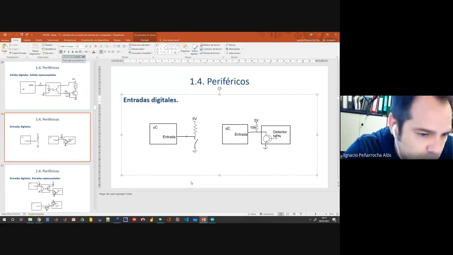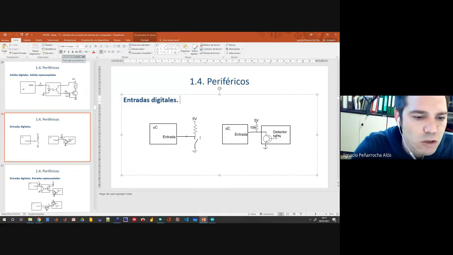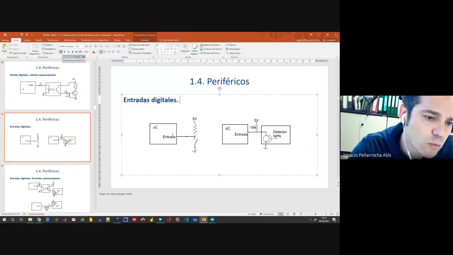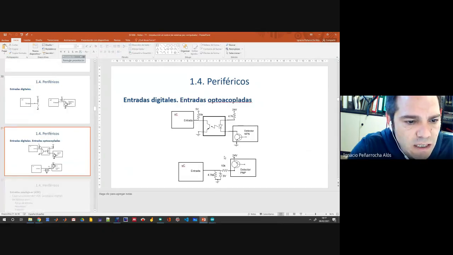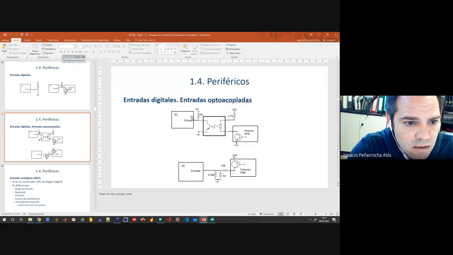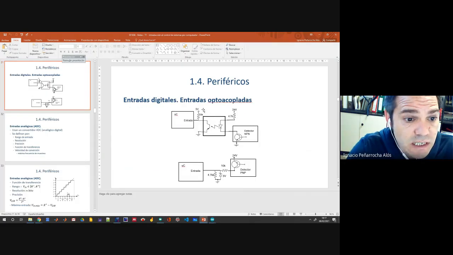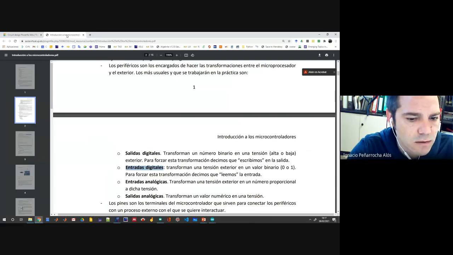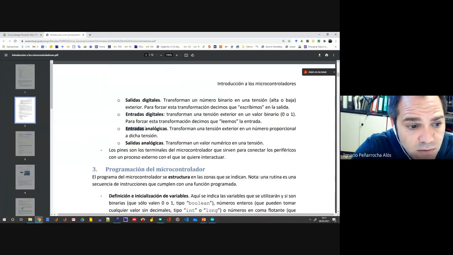That's what we call high impedance, no? A cable in the air. So we have to put this resistor in order to detect 5 volts when we open. And when we close, we detect 0, no? Well, the idea is that some microcontrollers have what we call a pull-up resistor inside. When the microcontroller has that resistor inside, in order to use it, you have to write here input pull-up, okay? Well, then we also have analog inputs that I told you before how to use,